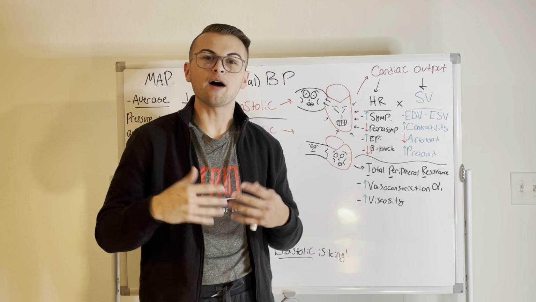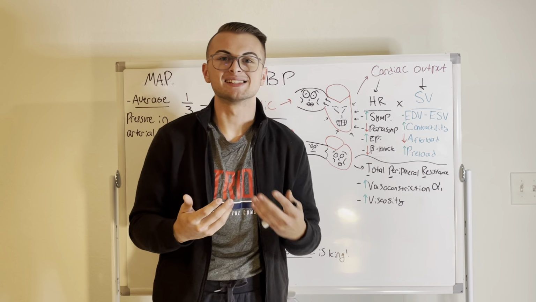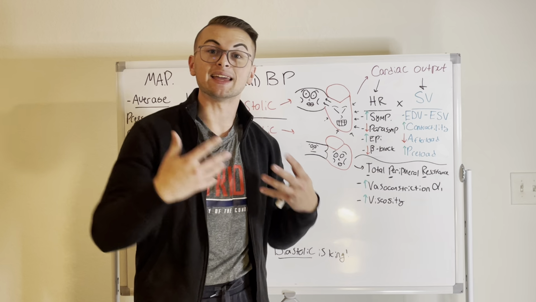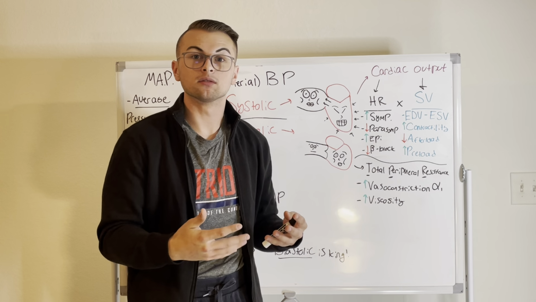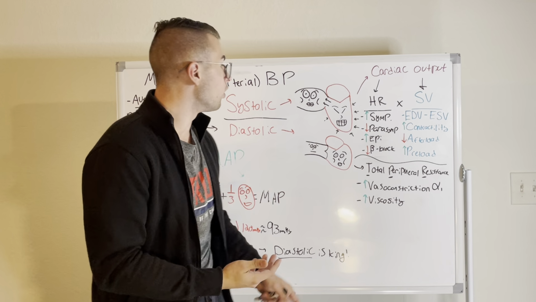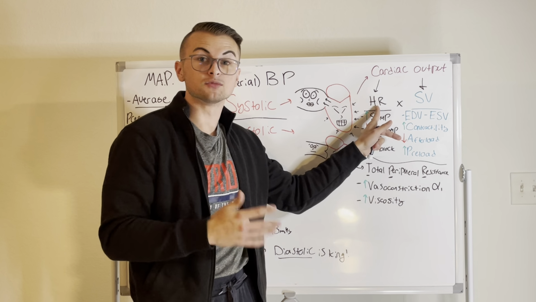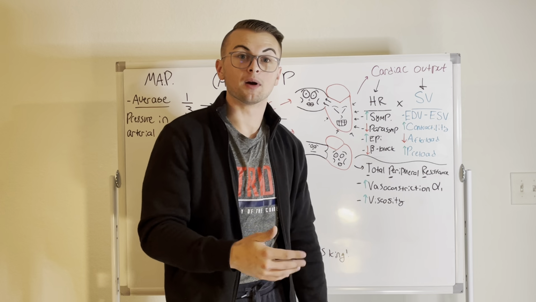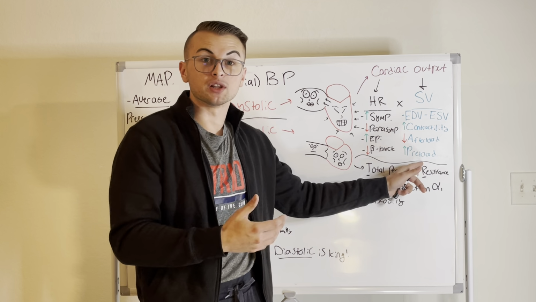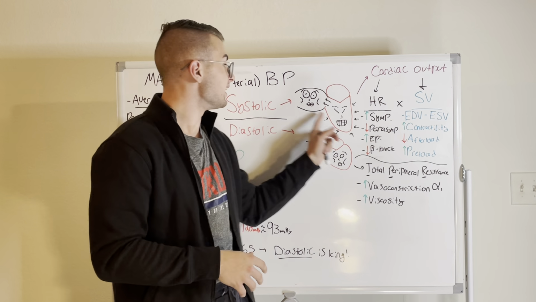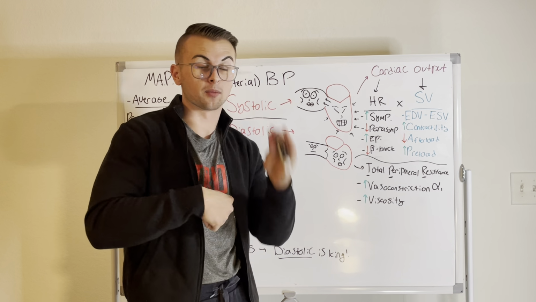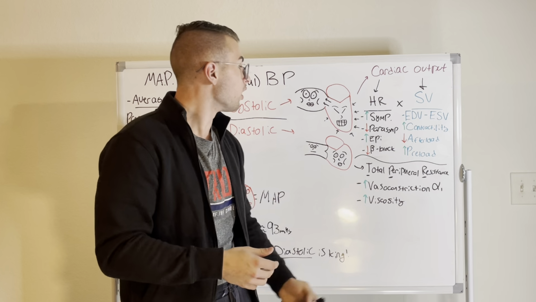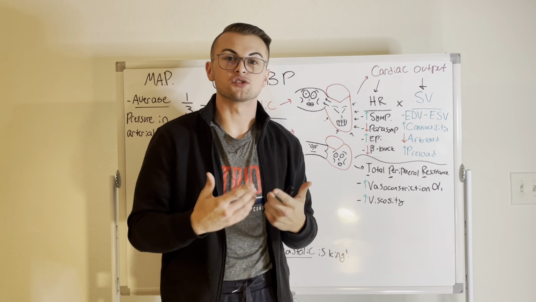Okay, so how do we increase our patient's systolic blood pressure? Well, we know now that we have to increase the cardiac output. How do we do that? We can increase the heart rate to an extent, and we can increase the stroke volume by increasing our preload, our stretch, by decreasing our afterload. Remember, our pole vaulter has to jump over that aortic afterload. And also by increasing our contractility.